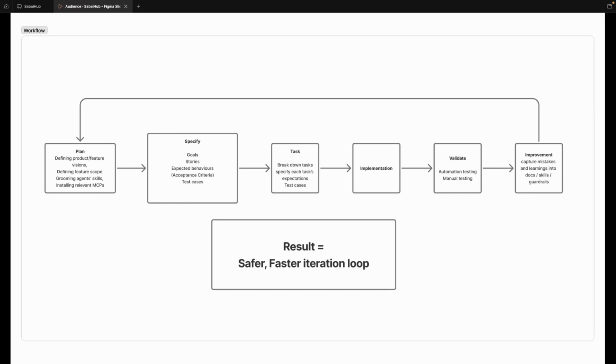Like for example, for the calendar feature, we might implement interface skills like React best practices, or any UI library. And after that, we specify the goals, user stories, expected behaviors, and also test cases, because